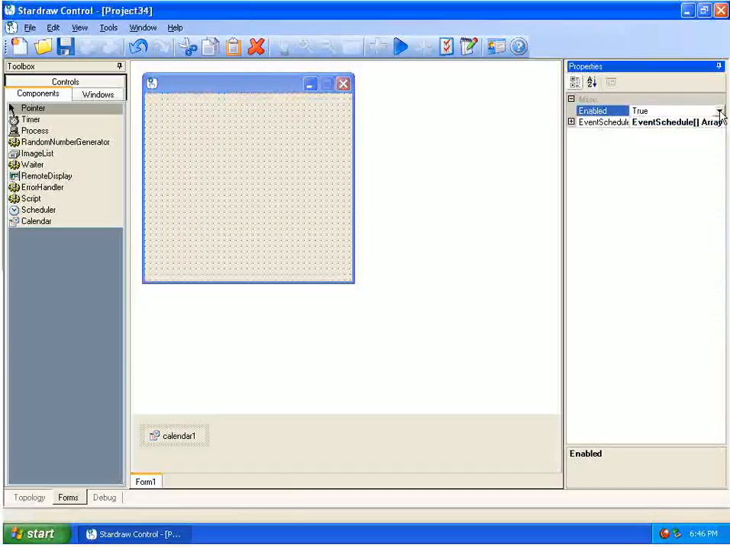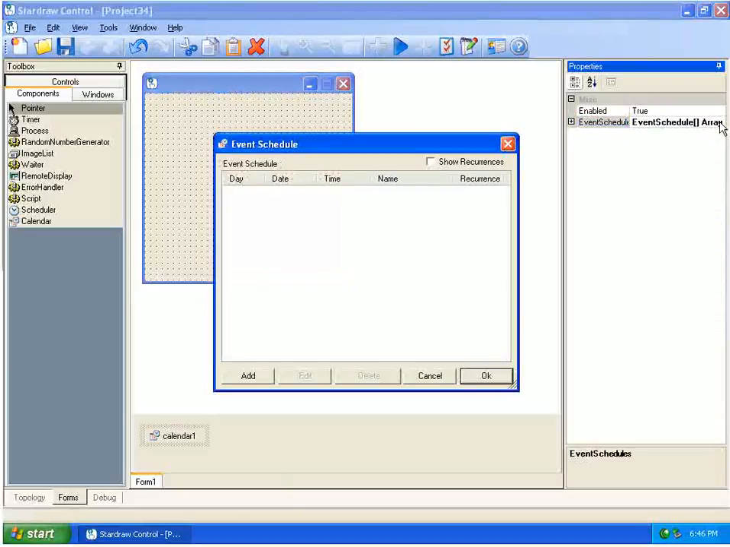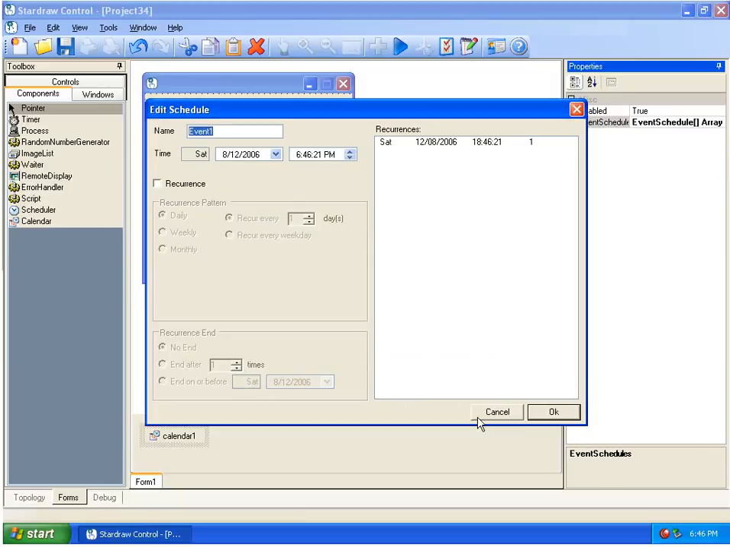The enabled is true by default, and we'll leave it as that, and we can then go and set the event schedules. By default there are none in there, and we can go and add an event schedule. Now this is a very powerful control. We can catch any event at any time in the future and recur that event. So I'll explain that. So we can call this event Monday Mornings,